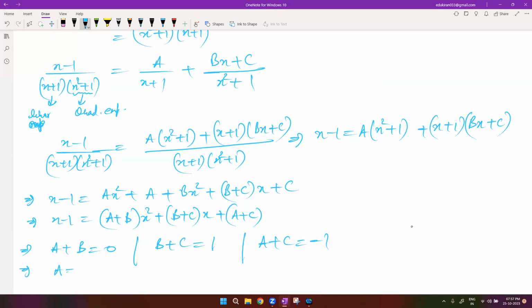It says that a is equal to minus b. Now you can put the value of b as minus a here. So this is c minus a is equal to 1. If you use the first equation, you can write minus a in place of b. So this is nothing but c minus a is equal to 1, right? And we can use c is equal to a plus 1 to solve this. Now, if you put c is equal to a plus 1 here,